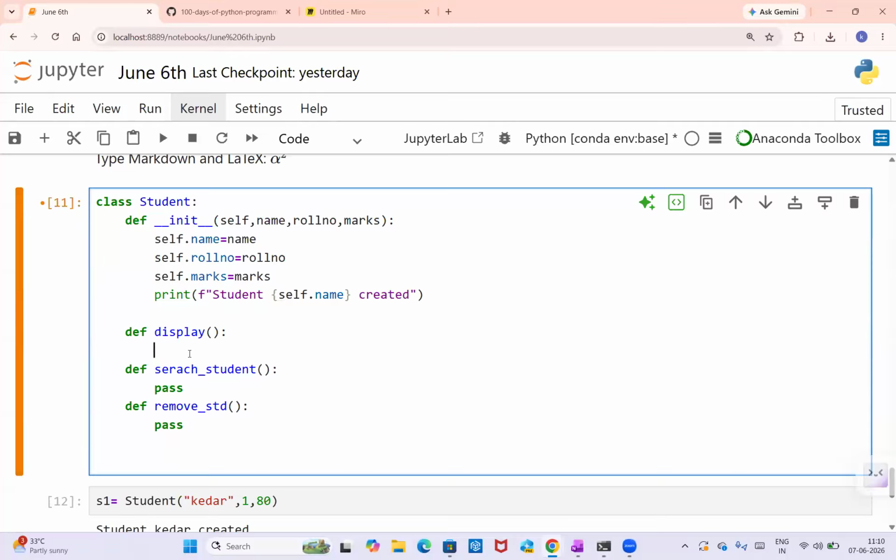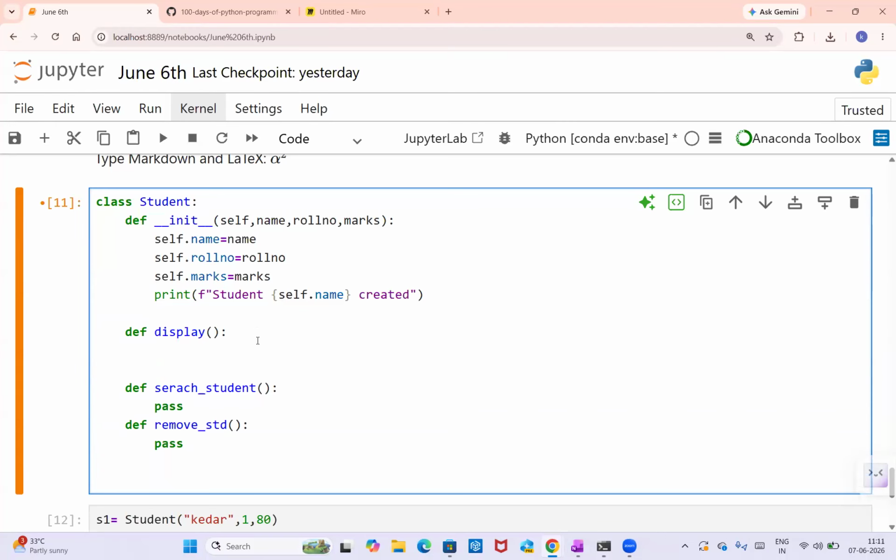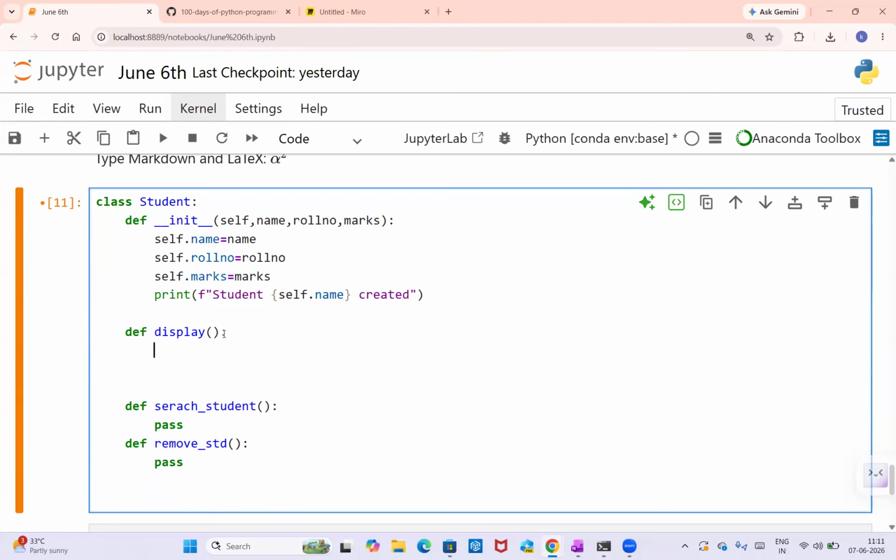Now display should have the ability to display name, roll number, and marks. So we can just print name equal to